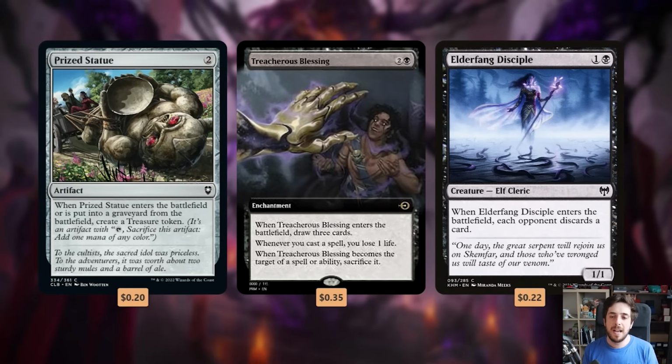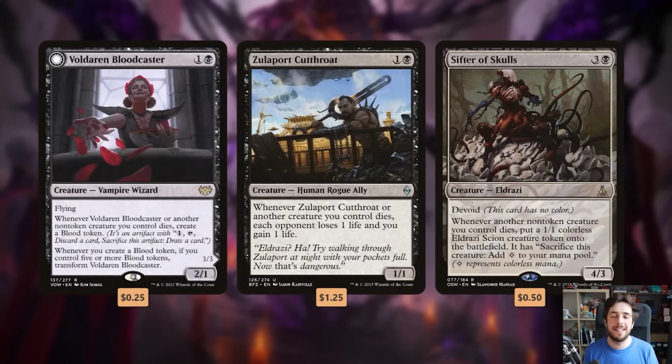Elderfang Disciple just makes everybody discard a card, so it's like card advantage for us, and then it's just sitting around and we just sacrifice the Braids for extra value. So this is a classic Aristocrats deck, and we have just a lot of really classic payoffs for sacrificing creatures,